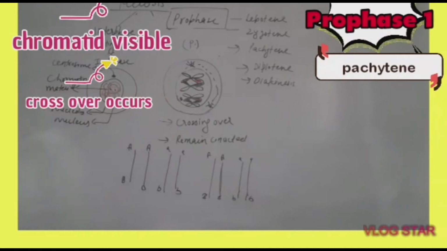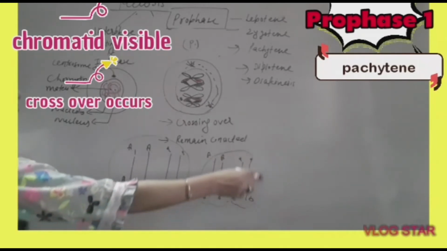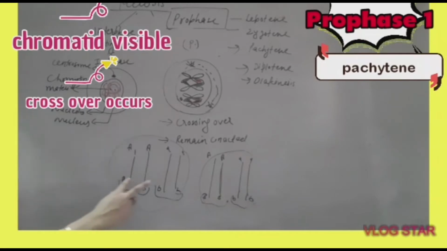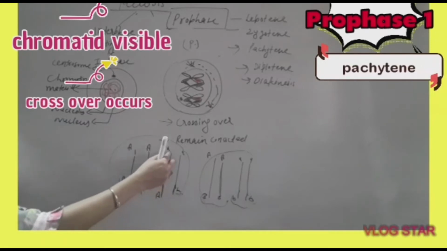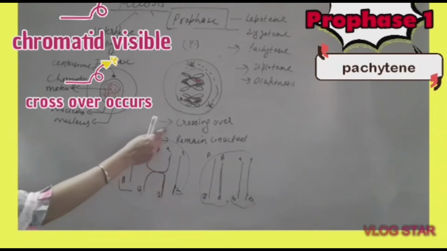These chromatids I have drawn the same way here. Suppose this is one chromosome, its two chromatids, another chromosome, its two chromatids, and they have formed one pair. This is another chromosome, another pair, and the chromatids of the same homologous pair undergo crossover. How? So this I have shown is crossover. Small a of this chromatid comes to this side and capital A of this chromatid goes to the other side. So this is called crossing over. So the change observed in Pachytene stage is that chromosomes undergo crossing over.